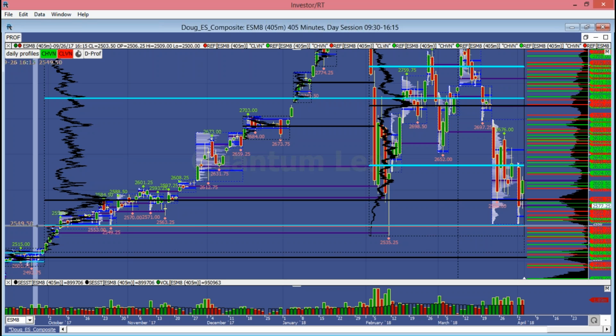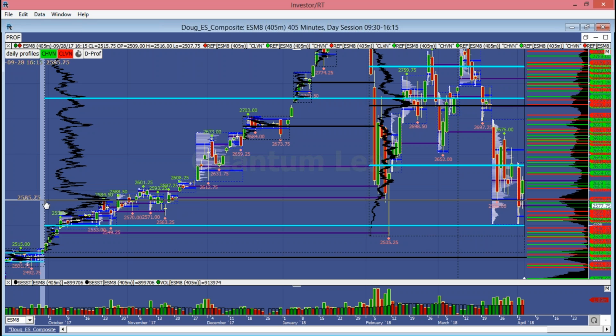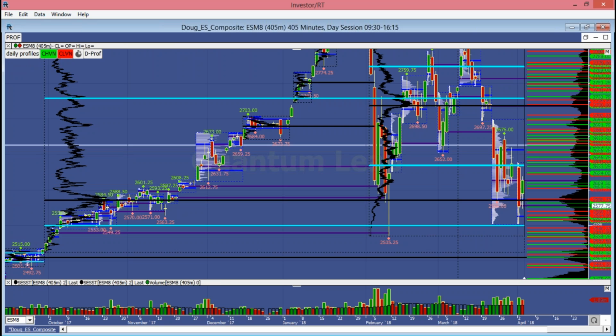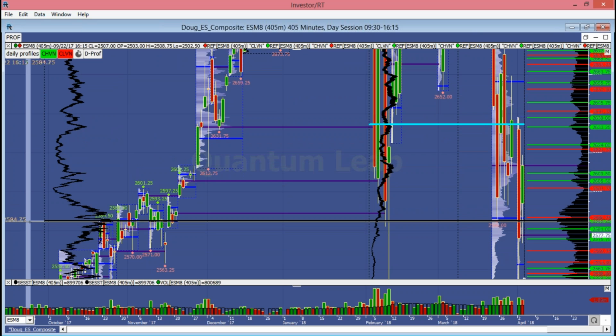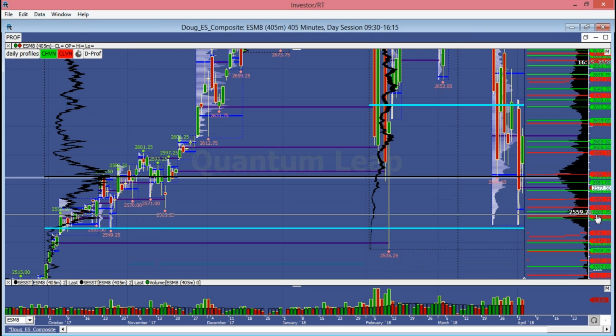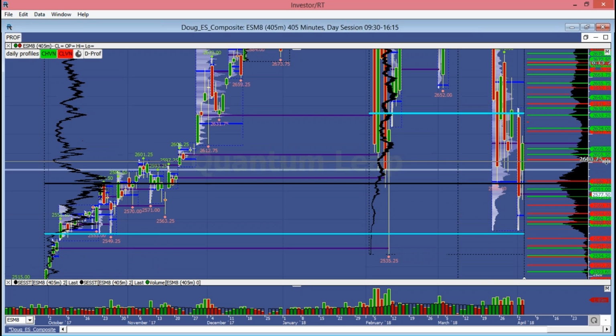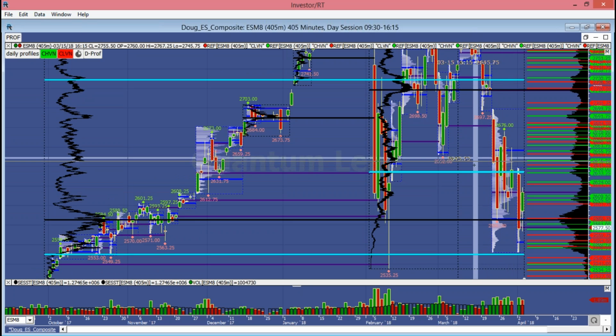If we break below that, I'm targeting the 35s. There's a naked VPOC down at 35 and 32 area, and then we've got a gap still down in the 23 area. The VPOC for this whole period is at 25.75 or 25.25. I thought it was 25.25. Yeah, it's 25.25. I'm sorry, 25.85 1/4. And that's sitting just below the 6-day, or so, I'm sorry, now 8-day microcomposite.